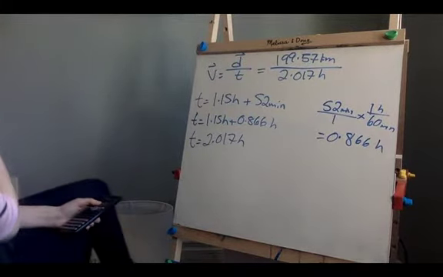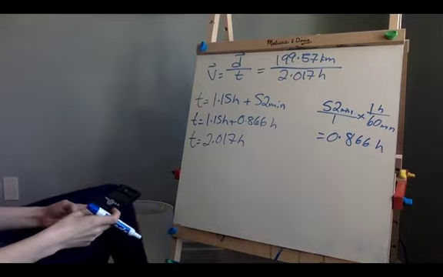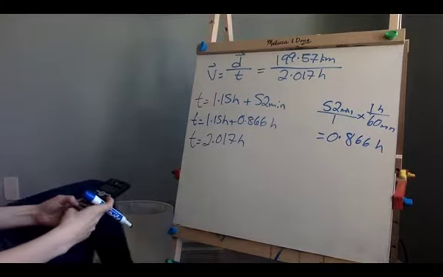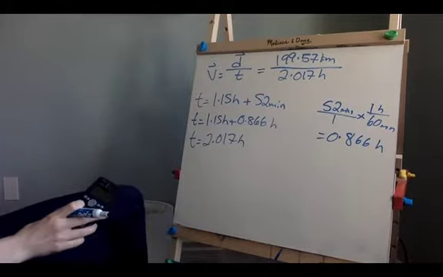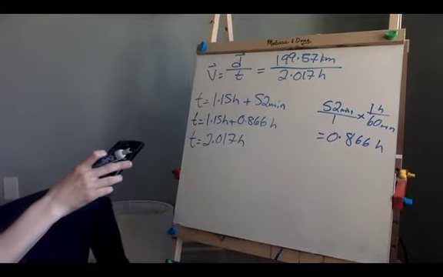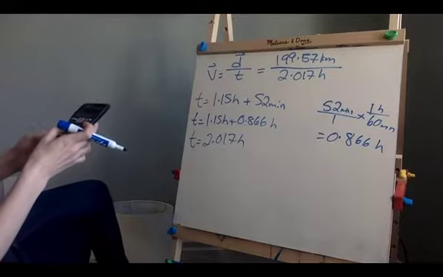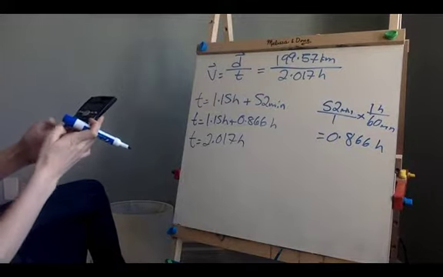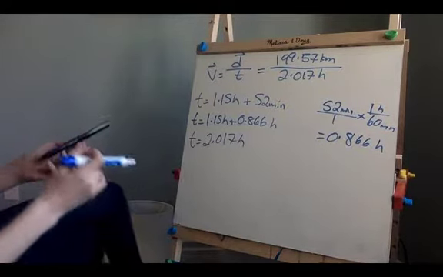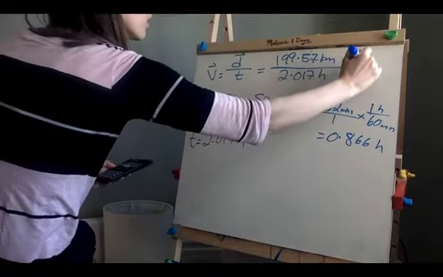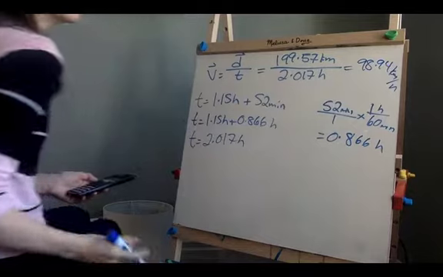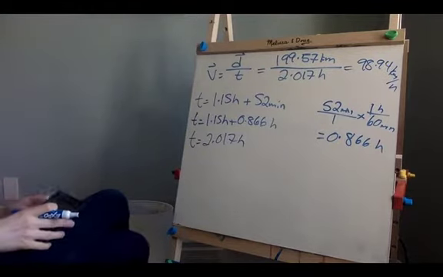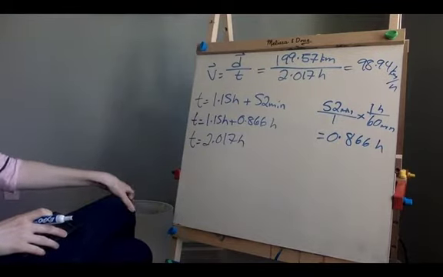overall to get there. Okay, so then we're able to take that value of 199.57, divide it by that value, and what you end up getting is this value of 98.96, just double check my work here, yeah, or 98.94 kilometers per hour, okay? But the question did ask for that in meters per